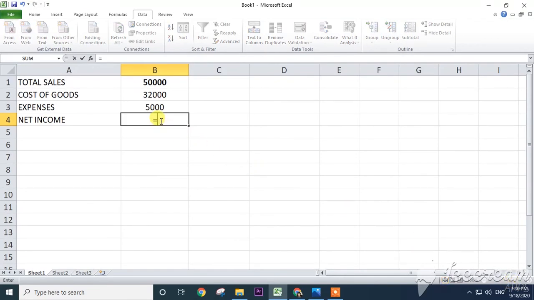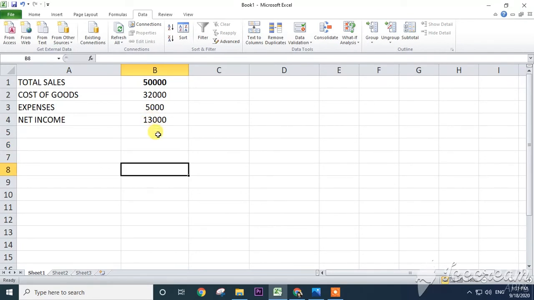Here I am writing equal to B1 minus bracket of B2 plus B3 and close the bracket. See, 13,000 is our net income. If your sales are 50,000, then your income will be 30,000 here.